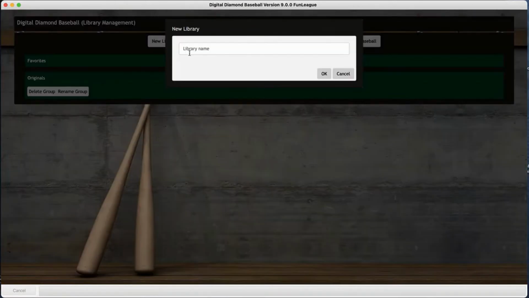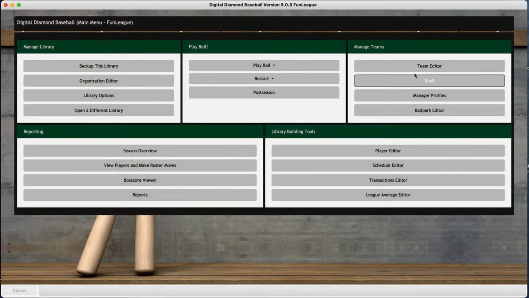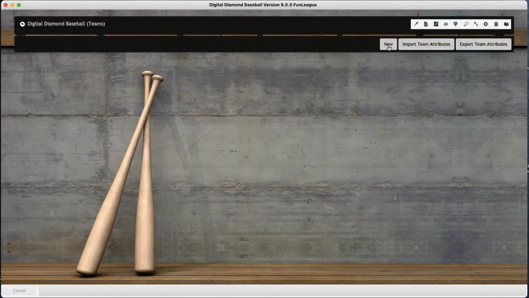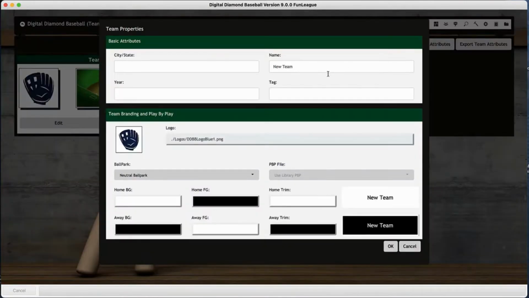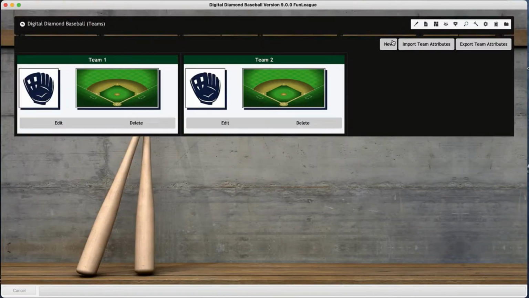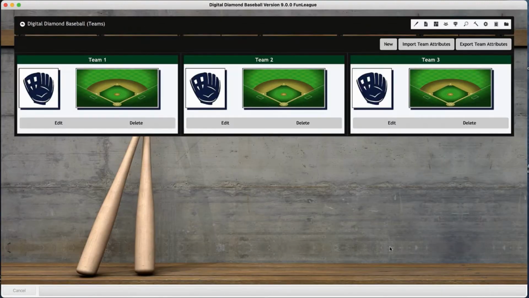So we'll create the new library and we'll just call it Fun League. And it's empty. And the first thing we need to do is create some teams. So I'm just going to create 4 teams here to be in my library. Here's team 1, team 2, team 3, and one more coming up,